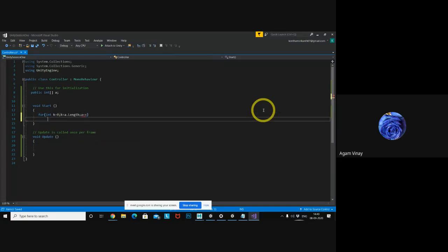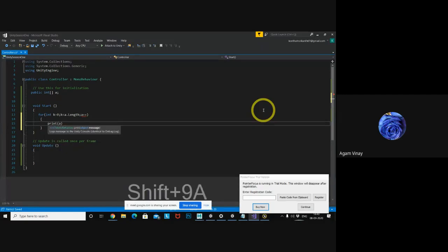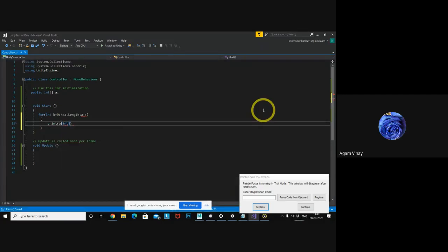And now I want to print the value of the array, whatever value the array is holding, I need to print it. So I declared one array as public, and I gave some values.